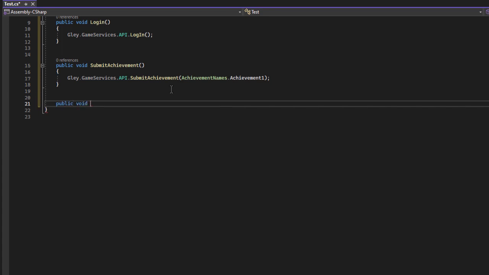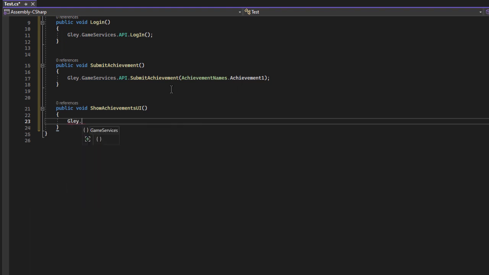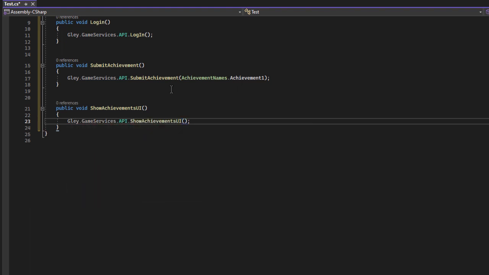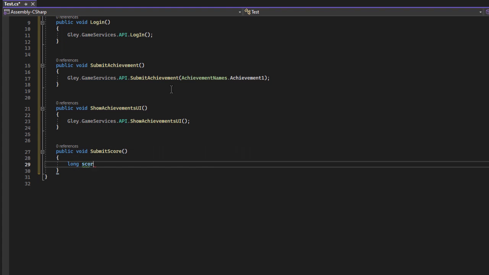Now, let's show the built-in achievements UI. This cannot be customized. To submit a score, you should call the submitScore method and pass a long variable as a parameter.